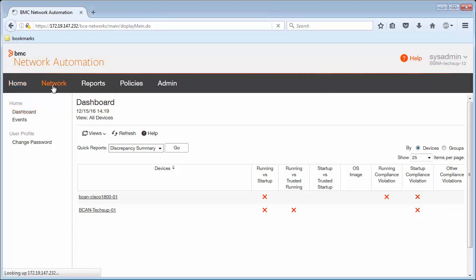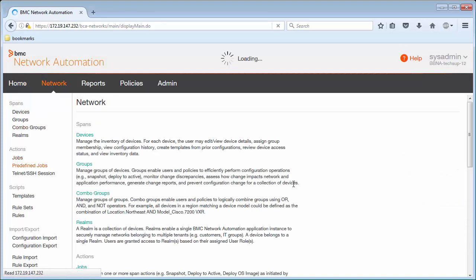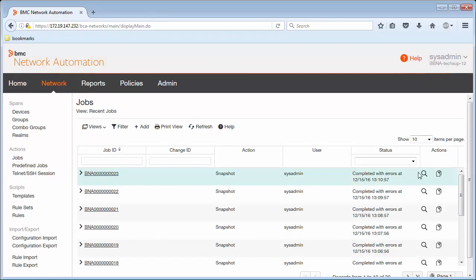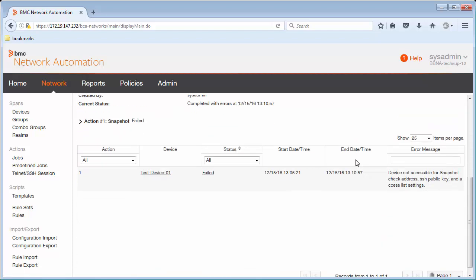These errors can occur when you're performing a snapshot or other type of device action where we try to communicate with a device and the device does not respond. Typically, when seeing this kind of error, you will see a generic error reported. This generic error shows that the device is not acceptable for one reason or another, and we provide a certain